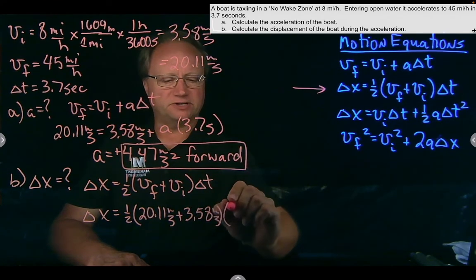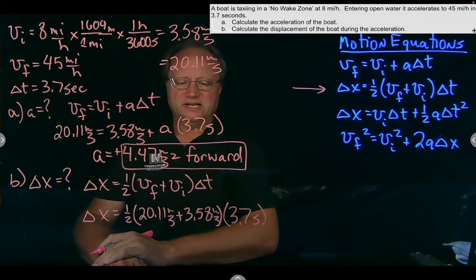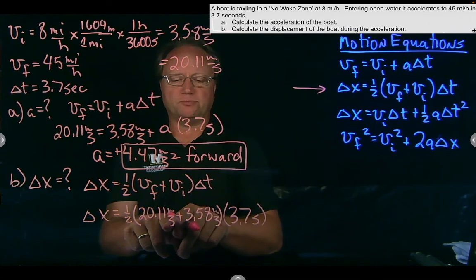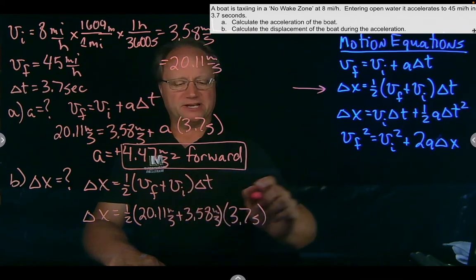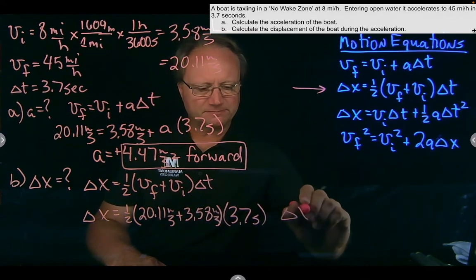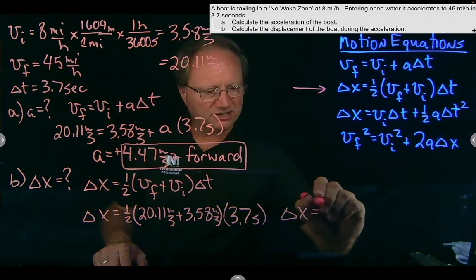And our time period gets replaced by 3.7 seconds. So then we're going to combine our 20.11 and 3.58, multiply that by 1/2, and that number that we get multiplied by 3.7 seconds. And so we're going to get a delta x value of